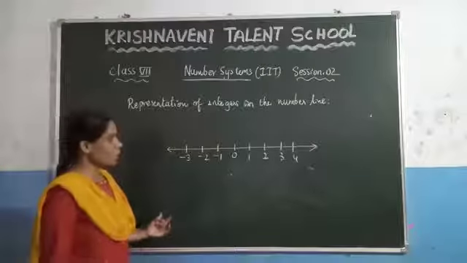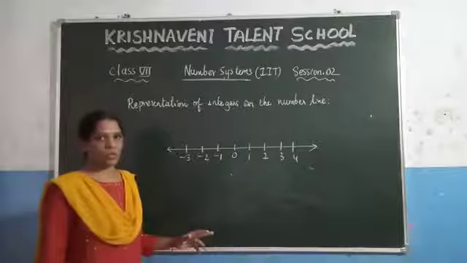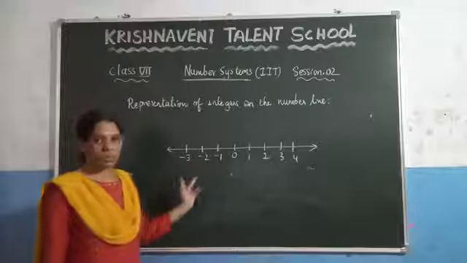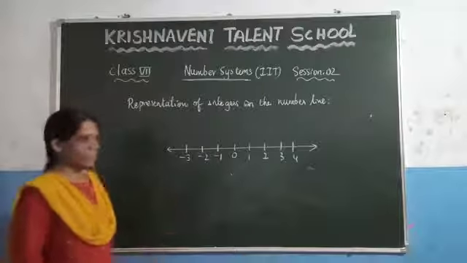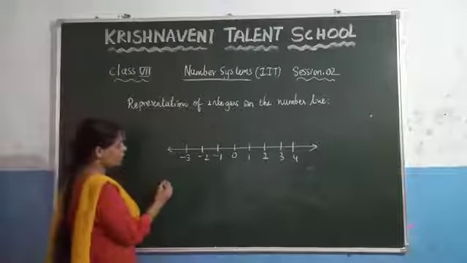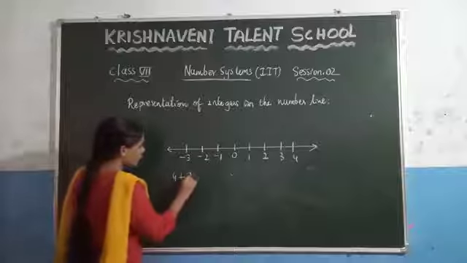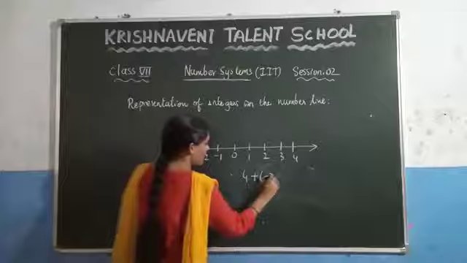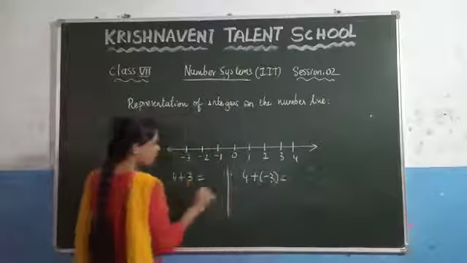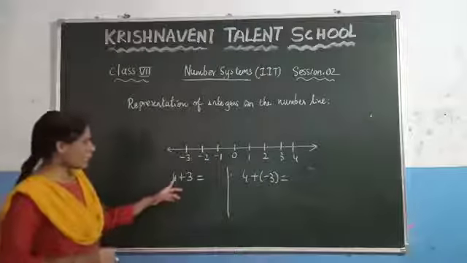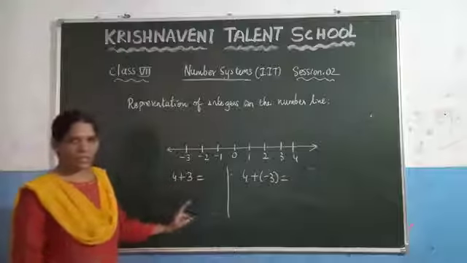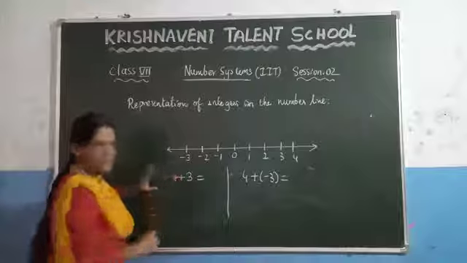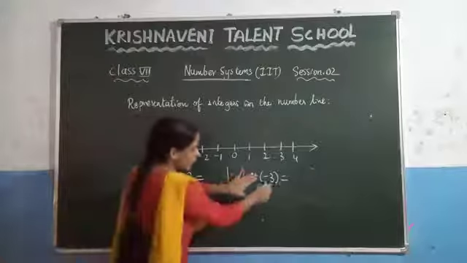Now if you add two integers, in which direction do we need to go on the number line? If you subtract two integers, how do you move on the number line? Let us see by taking a few examples here. Let us consider 4 plus 3 and let us consider 4 plus -3. Here we took two integers, 4 and 3. In the first we added the positive integer, and in the second we added the negative integer.